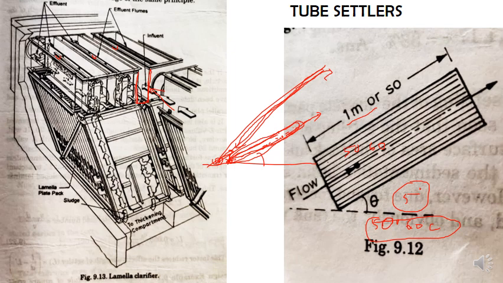Now if I come back to this particular figure, you can see these are nothing but the inlets which are going up. Okay, this is the water. Now this is nothing but the sludge. So because of this higher inclination the water is moving up and the sludge is going down. The same thing can be seen over here.